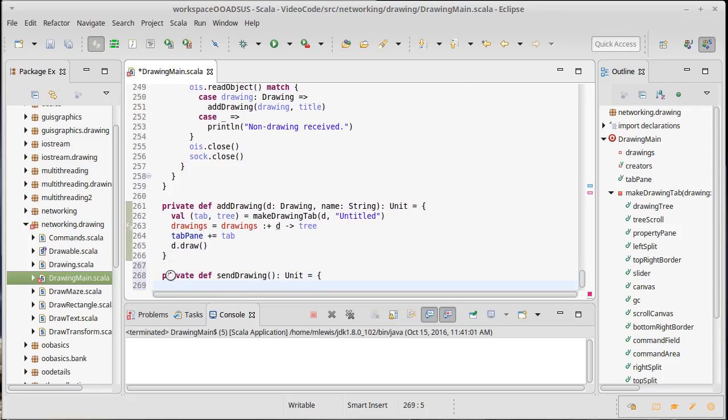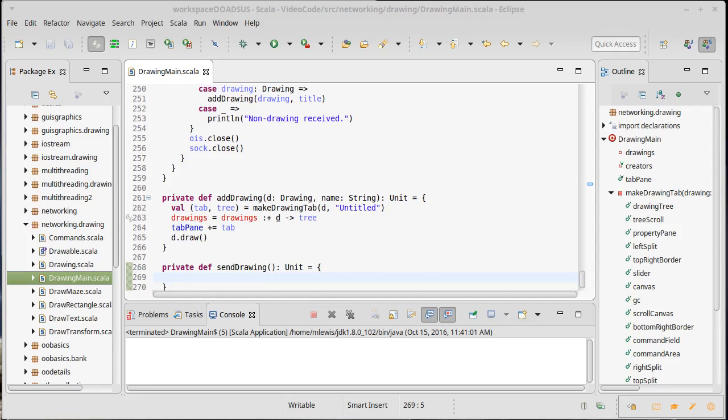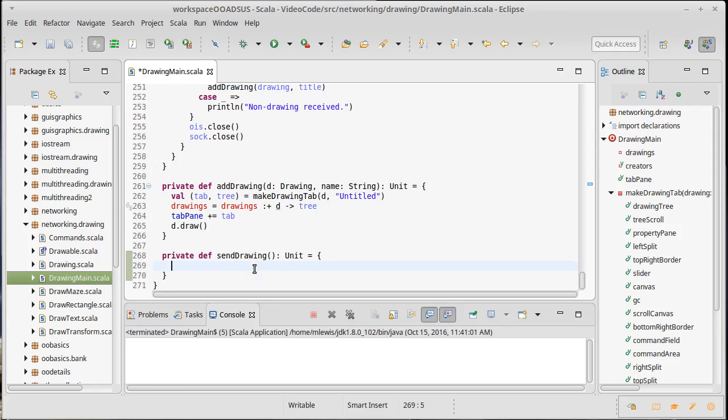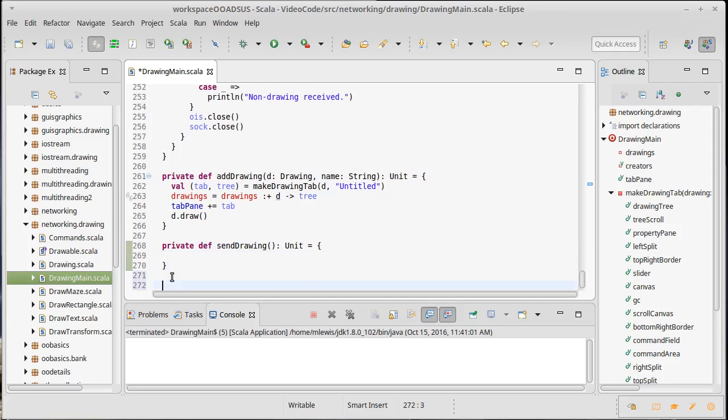So what does this need to do? Well, this one probably should spend some time asking the user, do some GUI stuff, to ask the user where they want to send it, and then maybe have them provide a title or something like that. So we're going to have to bring up a dialog here, and I'm going to need two of them. In fact, because this is something that might need to happen in multiple places inside the GUI,